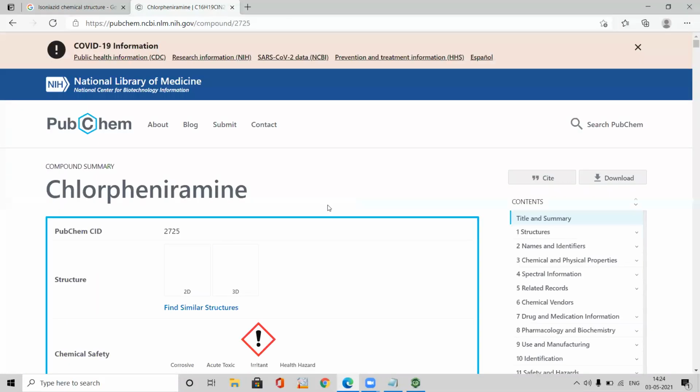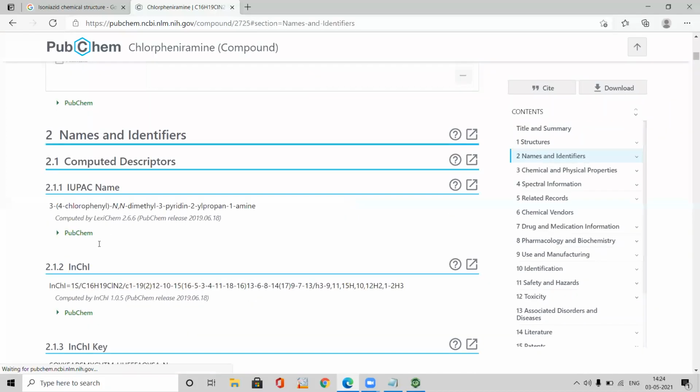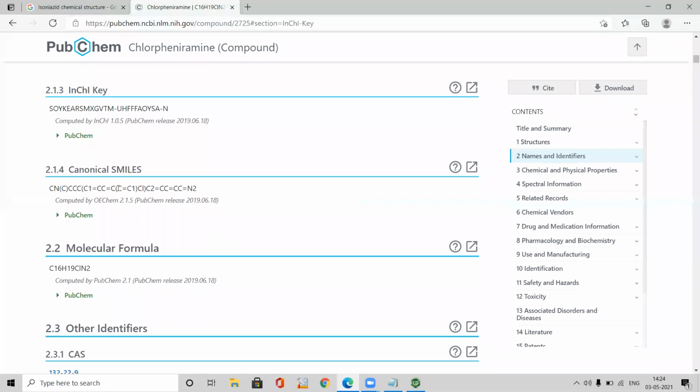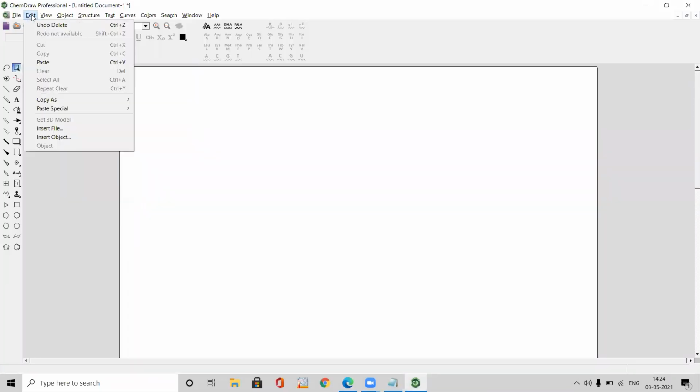Like earlier what we had seen for isoniazid, same way of things will come. For us, we need to go to names and identifiers, second section. In that, let's go to smiles section. Select the smiles, copy it, go back to ChemDraw Professional, click on edit menu, go to copy as and click on